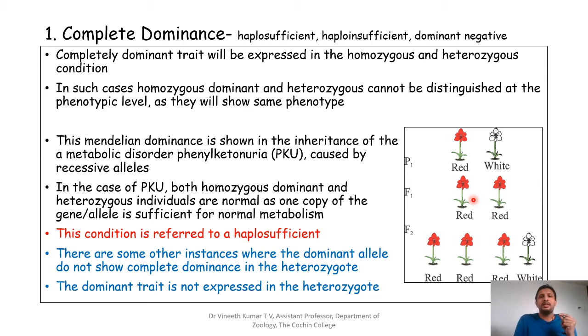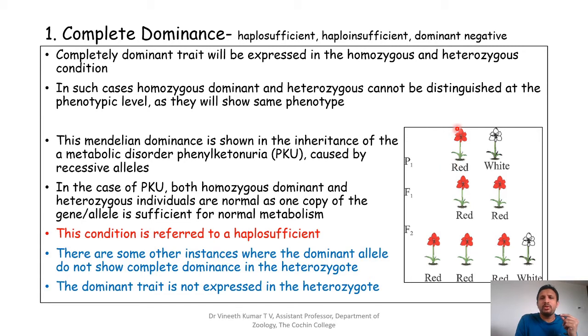But when you have the dominant gene in the homozygous as well as the heterozygous condition, you will not inherit that particular disorder. You will be normal. So in that case also, you cannot distinguish between an individual who has homozygous dominant alleles for phenylketonuria and the heterozygote, because both will be normal. So in this particular case, this is what is called complete dominance, which was described by Mendel. So this is one instance where a gene is following Mendelian inheritance, and in this particular case, we can see